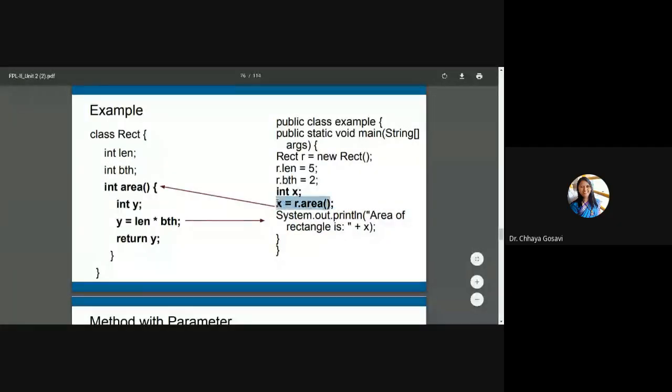We'll come back to our PPTs for methods. We have seen how to define a method and how to return a variable from a method. This is called a method call or function call. From here you're calling this method, and this is the method body. So when you call a method, control is transferred, this part gets executed, and at the end control gets transferred to the next line after the call.